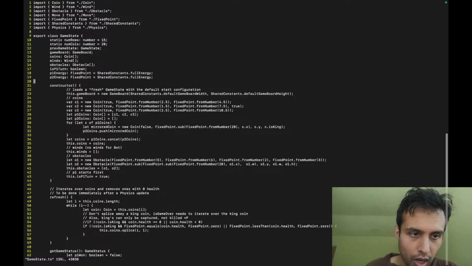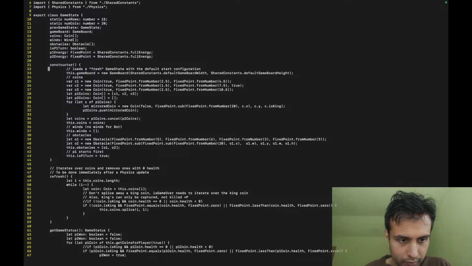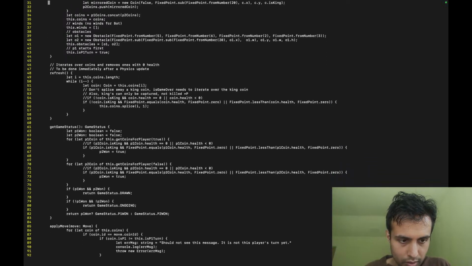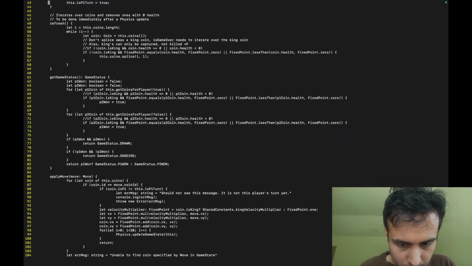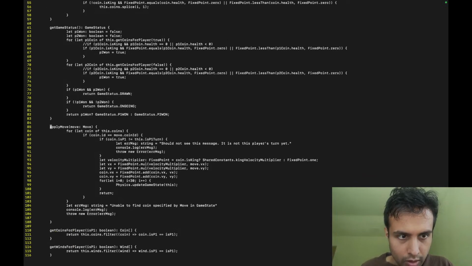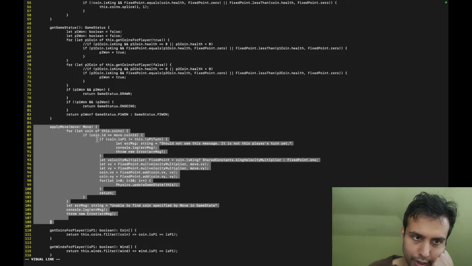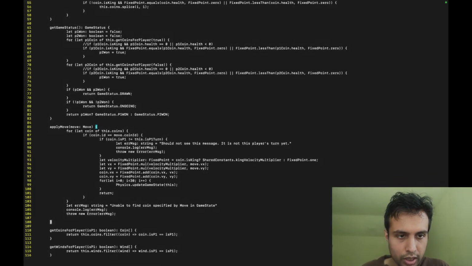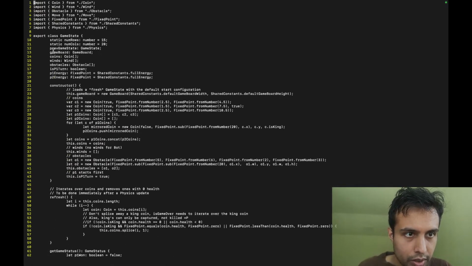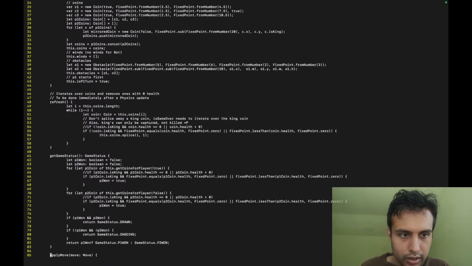But the problem with this: you see this apply move function right here, which I highlighted. Because we introduced this prev game state, now apply move actually is incorrect.